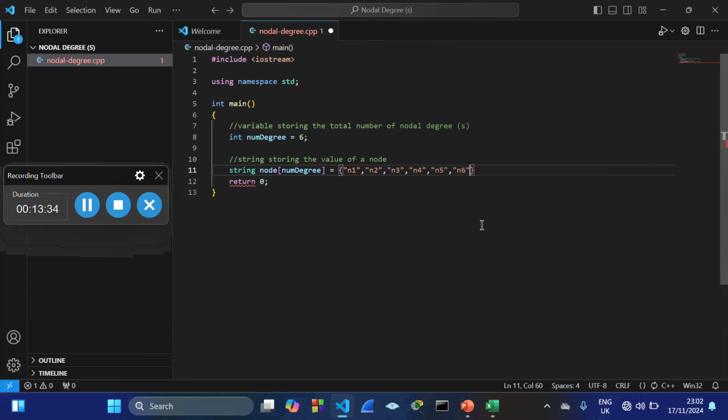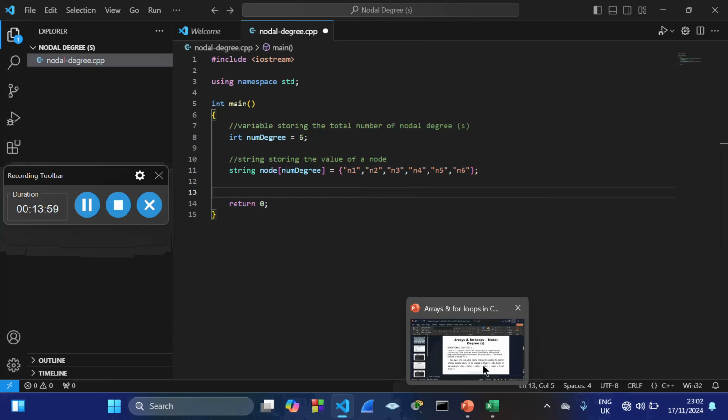And then we do this once we are done. Okay, so as you can see, we have this string which is storing the nodes, which are the 6 of them based on this. Then there are 1, 2, 3, 4, 5, 6 nodes or elements which are being stored in this string. Okay, then now the question was saying